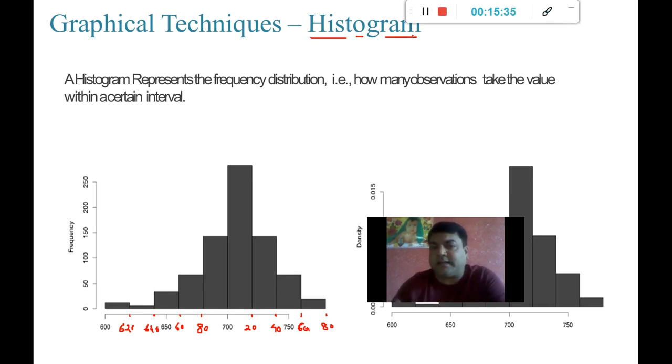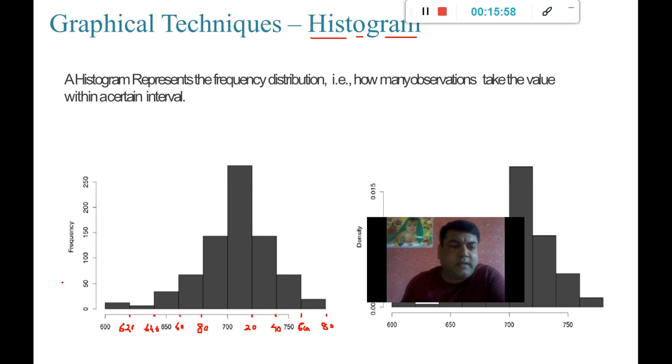Now if I want to set that particular bin size, I can set it. If I want to set that interval, I can do it by giving some parameters through the code. Within the histogram function itself, I can simply pass on the parameters. That is possible. The important aspect over here is to understand how to interpret this.